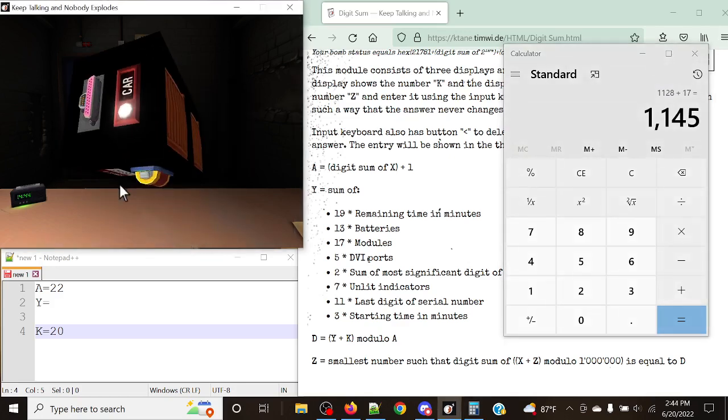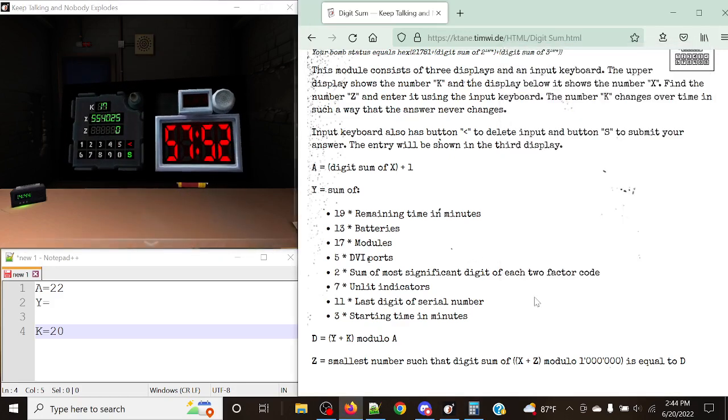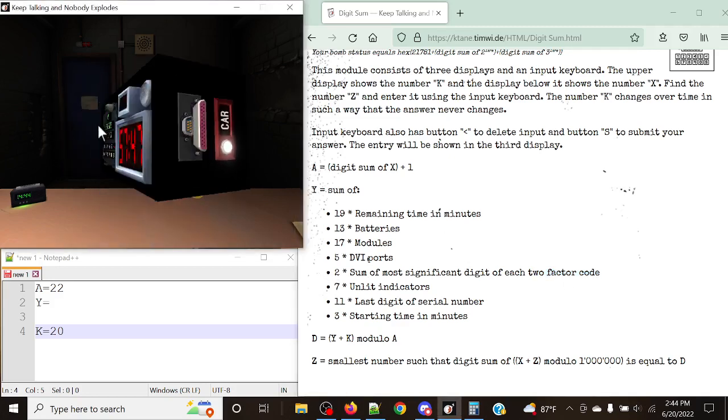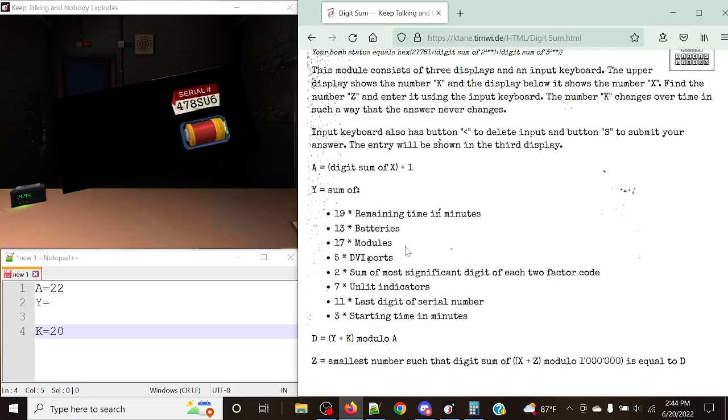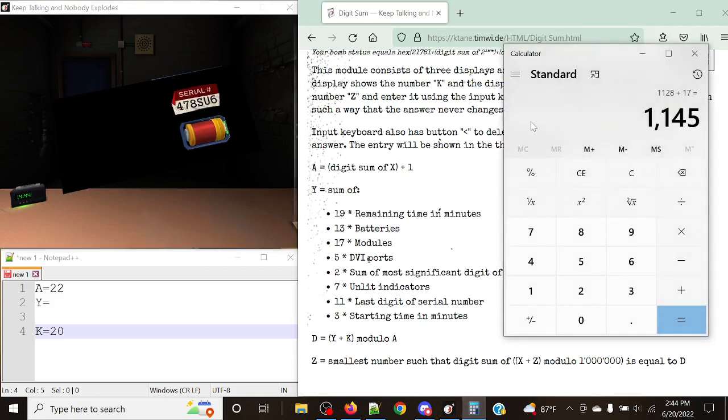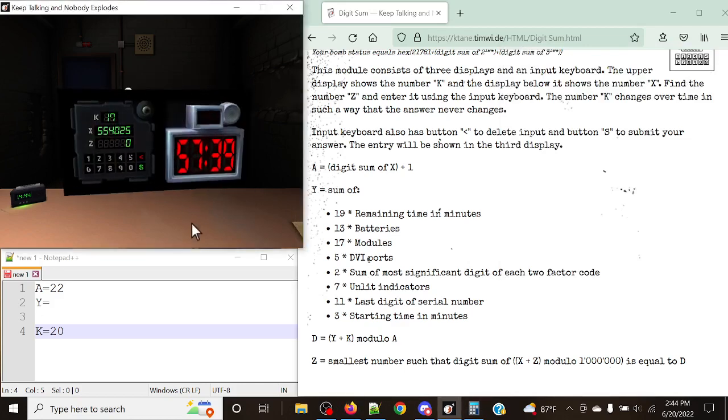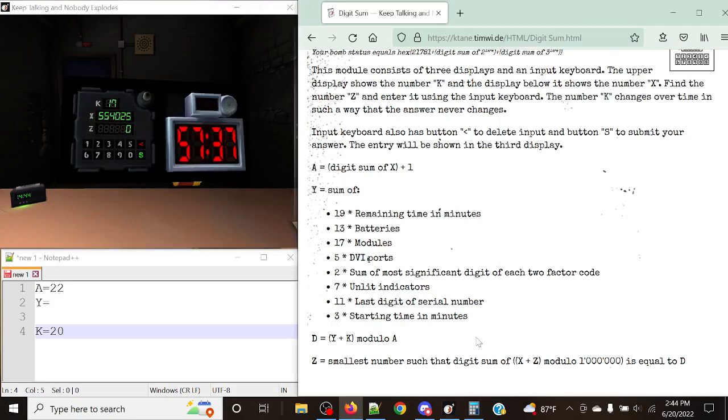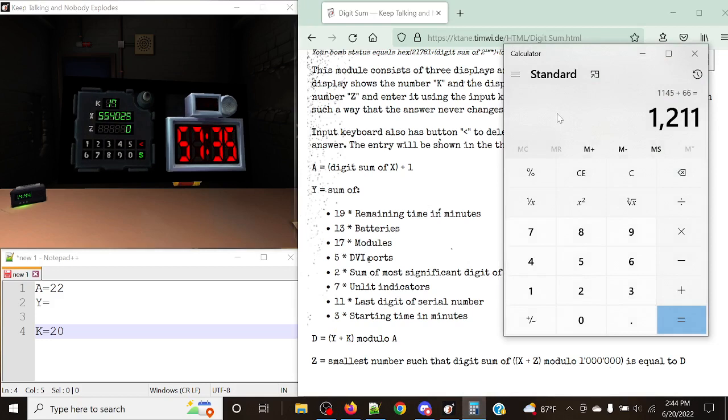DBID ports. We don't have any. We do not have any 2-factor codes. We're just simply going to skip over that. No unlit indicators. Last digit of serial number times 11 is going to be plus 66. Then the starting time in minutes, I started with 60. We're going to multiply that by 3, so it's going to be 60, 120, 180. Okay, and this total is going to give us Yankee. This is going to be